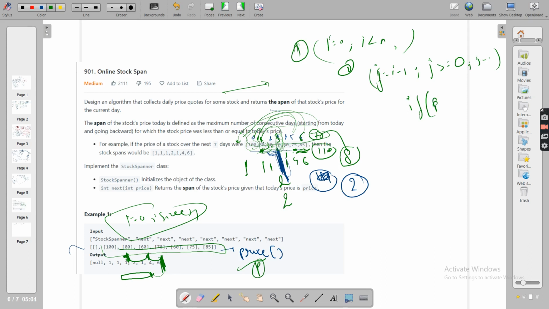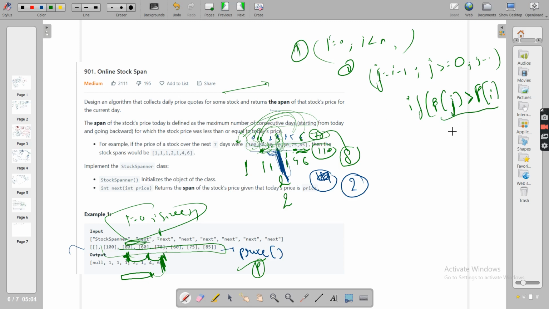If p of j is greater than p of I, your current price, now you have to stop. This 80 is a blocker for the 70. j is going in this direction, I is at 70, so you say 80 is the blocker.